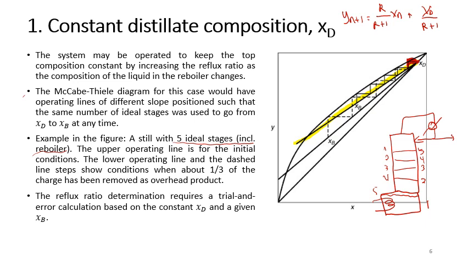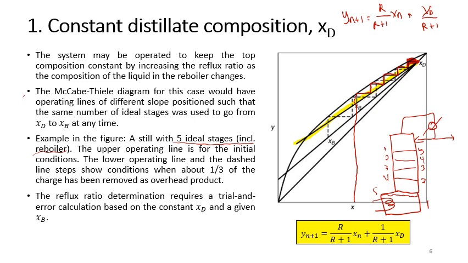You step off from XD: 1 stage, 2 stage, 3 stage, 4 stage, and 5 stage. So this is your XB at that value of R. Then the lower operating line and the dashed line steps show conditions when about 1/3 of the charge has been removed as overhead product. So if you started with this value of R, you get this value